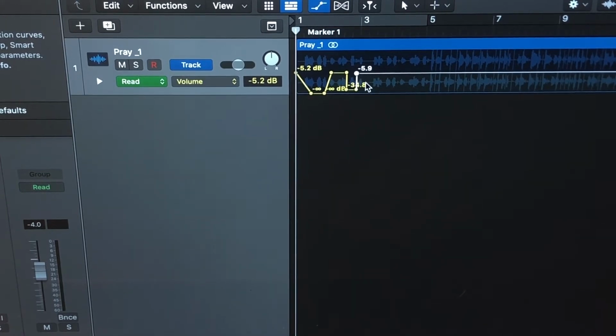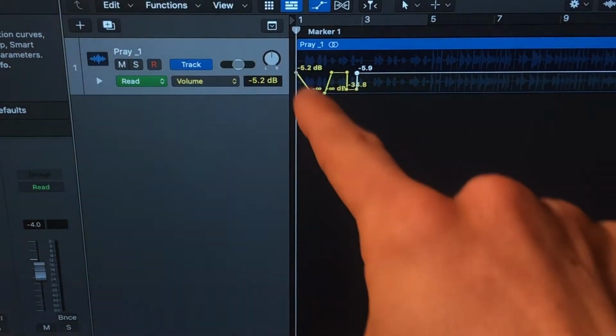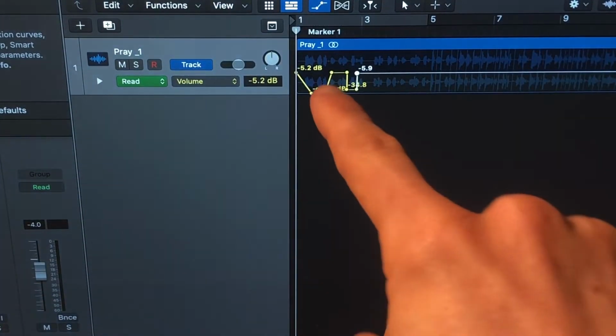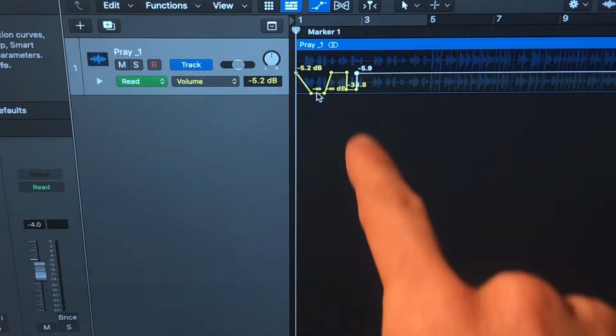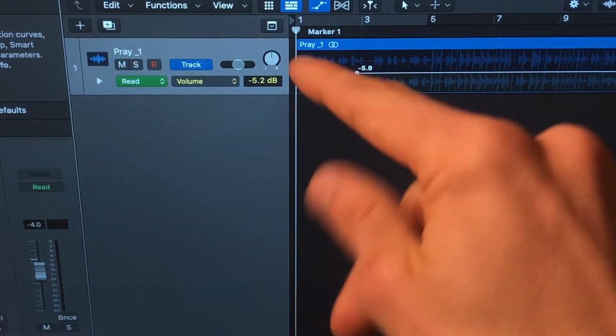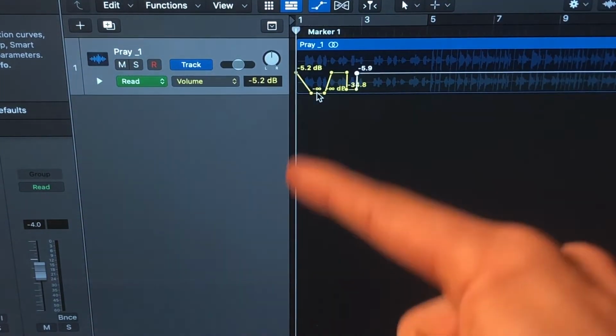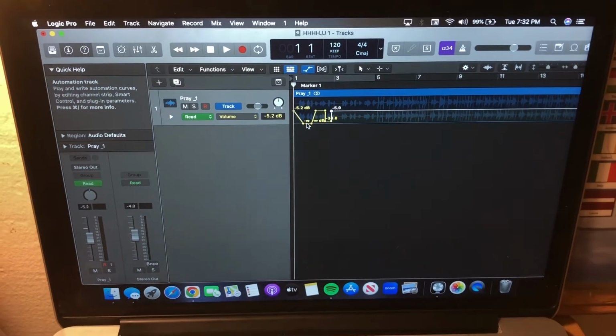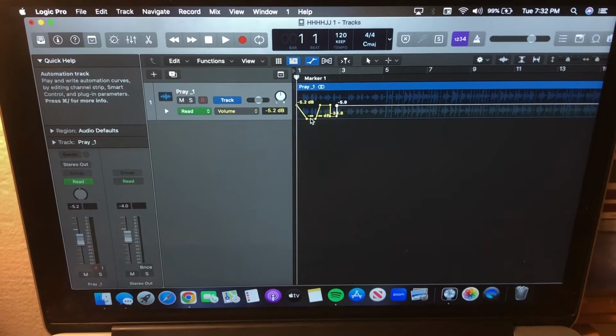So now I have 2 examples for you. I have one example where you have 2 slopes, gradually getting quieter and gradually getting louder, and then you have a slope that immediately gets quieter and immediately gets louder. So to give you an example, I'm just going to play this right now so you can hear what it sounds like. And another thing I want to say, because I'm actually feeling it right now, is when you are